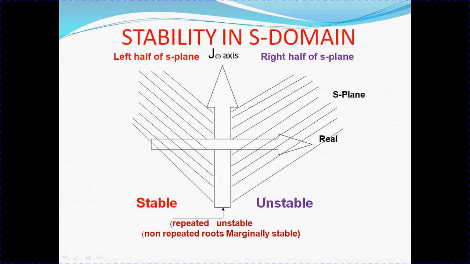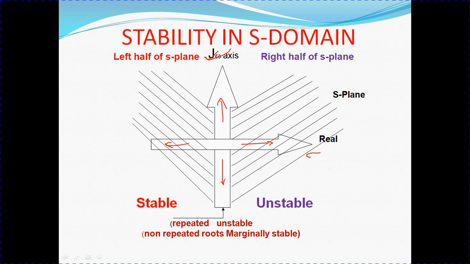First we are going to discuss the stability aspect with respect to the S domain. So we know s is given by sigma plus j omega, so that means s is a complex domain, sigma is the real axis and j omega is the imaginary axis. So this is the real axis sigma and this is the imaginary axis, that is j omega, and this side is the positive real axis and this side is the negative real axis. Similarly here, positive imaginary axis upwards and downwards, the negative imaginary axis.